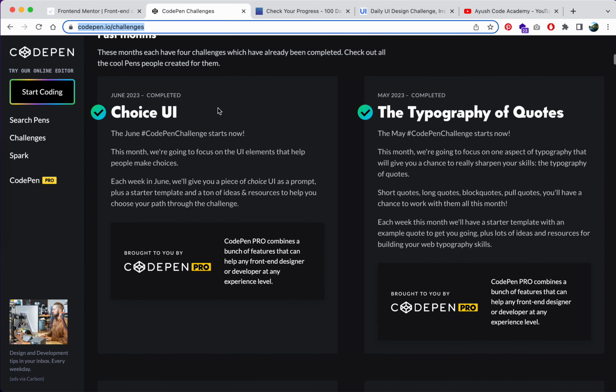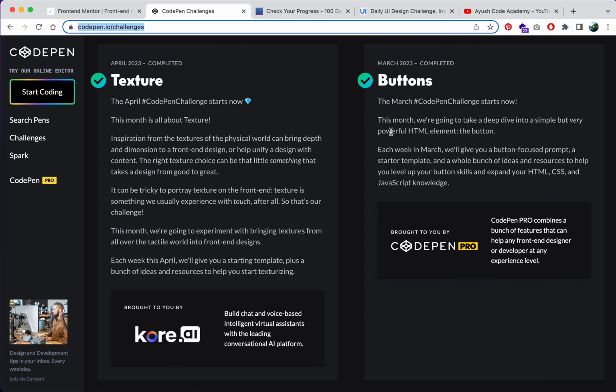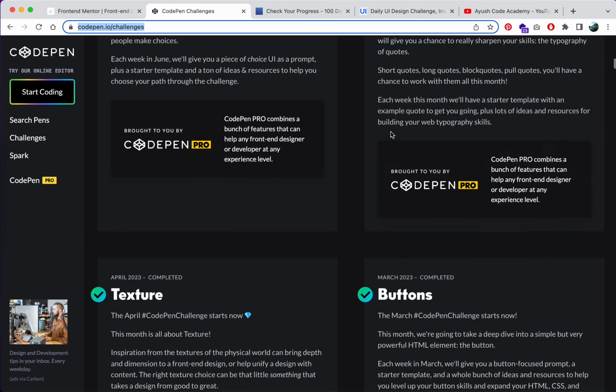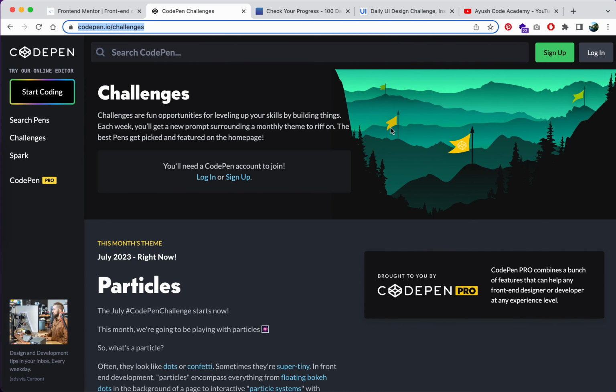There are choices like UI, traffic course, texture, button, shape, SCSS, and weather effects. So lots of elements, lots of coders have been shown here, and a lot of topics. You can give it a try, and then you can improve with the help of CodePen challenges, right? So this is the second website where you can improve your skills. And the third one is